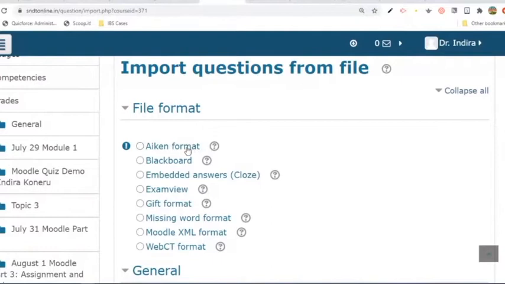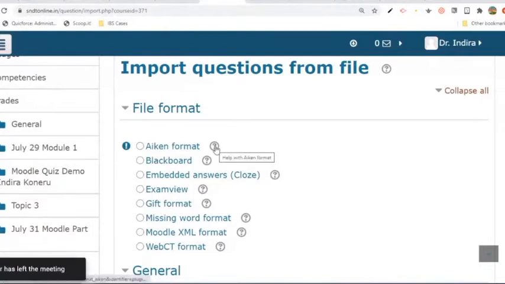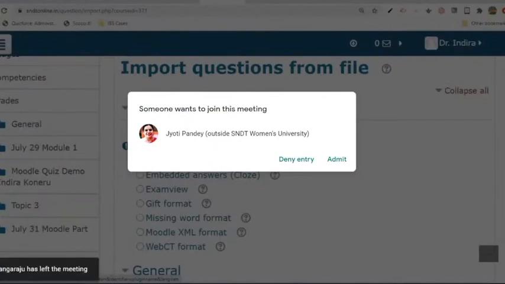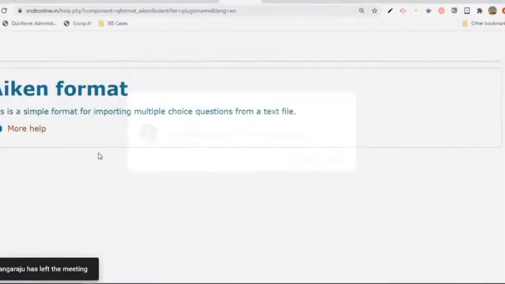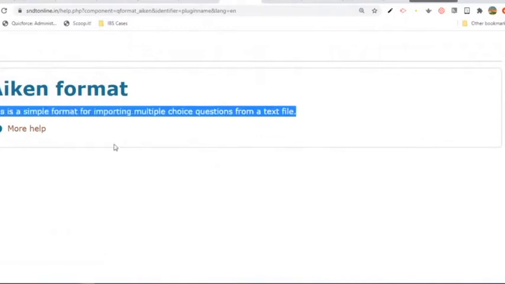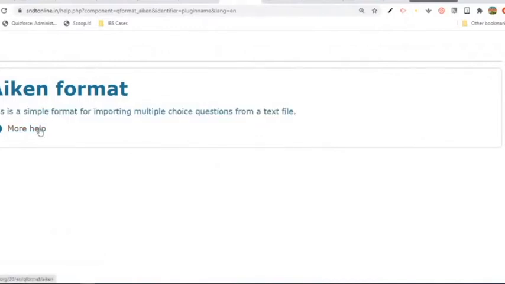So here we have Aiken format, because we are going to import the MCQs, and as I told you, always the help icon is available. Just click on this help icon and you may get 1 or 2 line explanation of what that is. And if you want to get more help from the Moodle documentation, click on more help.